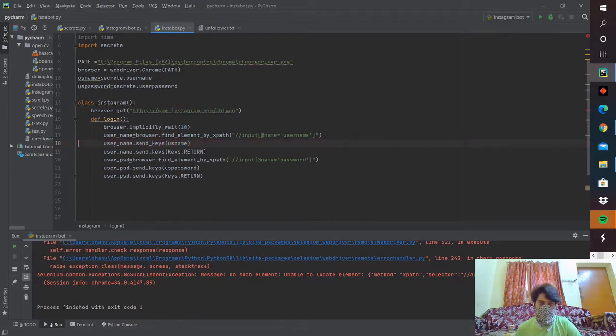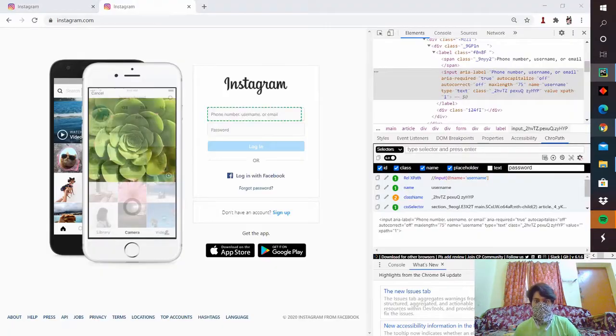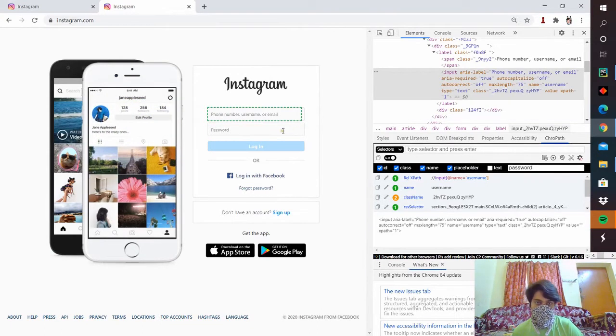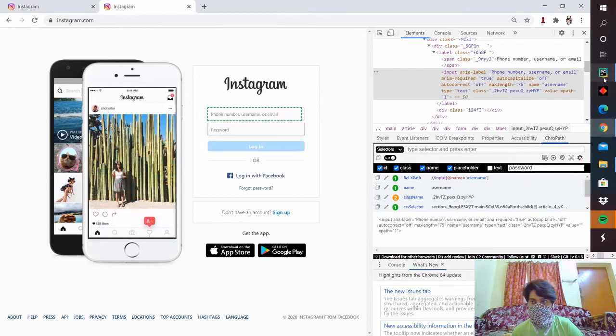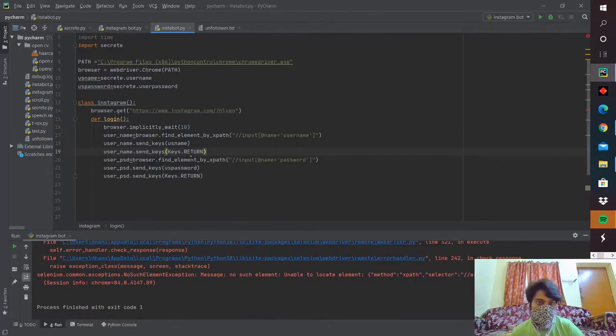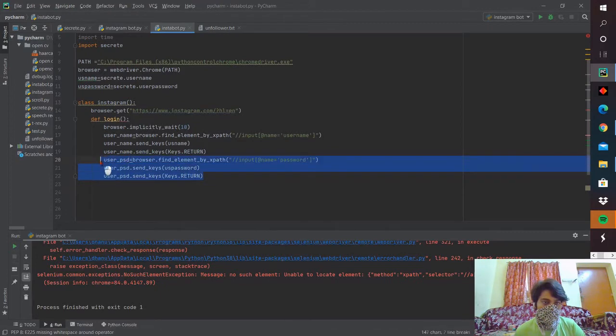That's it. So the next thing is we need to move on to the password section. Either we can click on the password or we can press enter to move on to that. So I'm just using return. In the olden days, return means the enter key. The same thing happens to the password also. You can see the exact algorithm is being used for the password also.